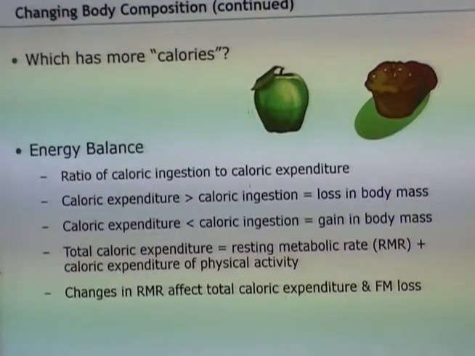Okay. All right. So the apple is going to be somewhere around 75 to 80 calories, depending on the type of apple. Is it a very sweet type, or is it a very tart type of apple, is it massive? Somewhere around 75, 80 calories. The fat-free muffin is going to be somewhere around 250 to 300 calories, right? So this is not a good snack,